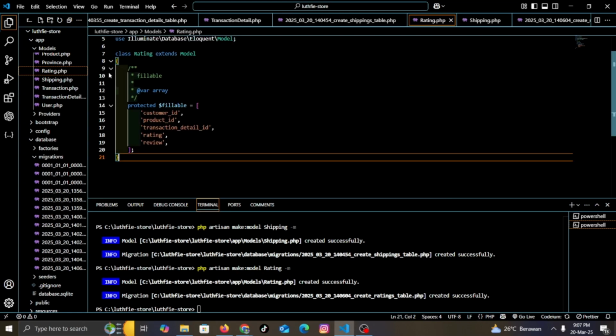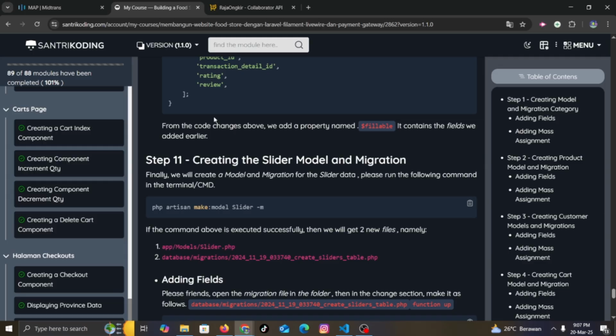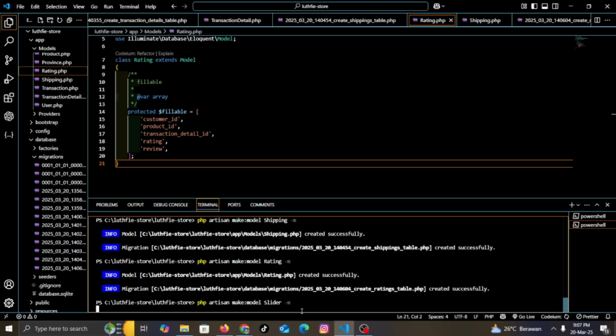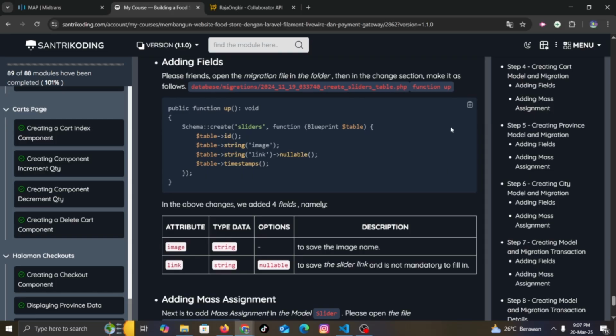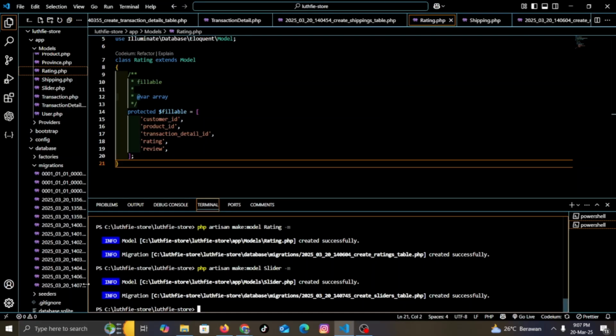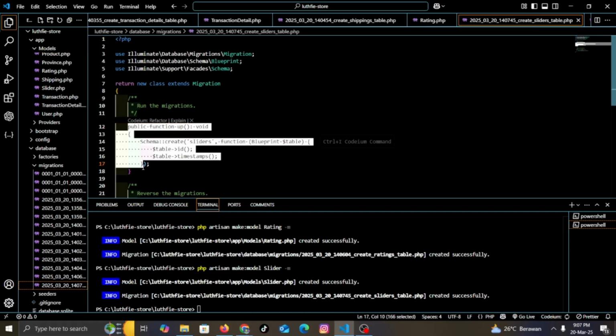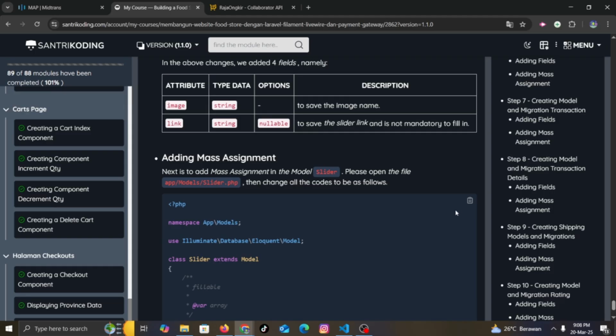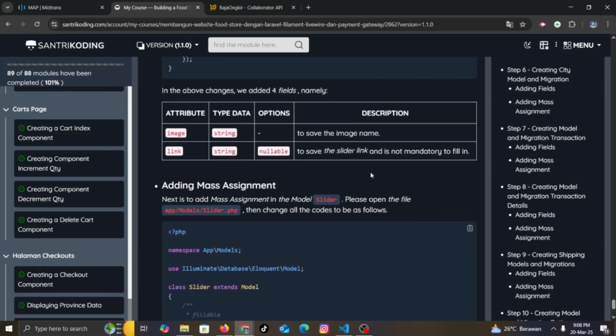Rating.php, and then make model Slider. In the above change, we add three fields, namely image, string to save the image name; link, string to save the slider link, and it's not mandatory to fill in.